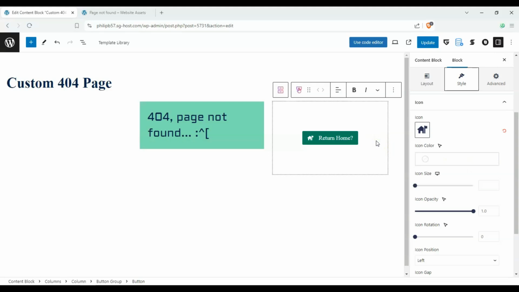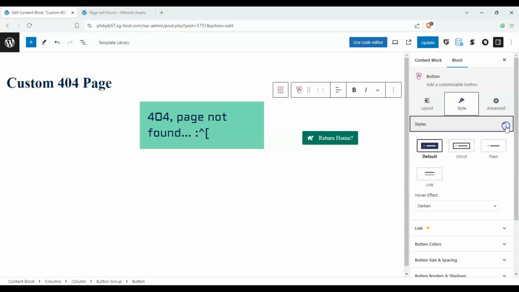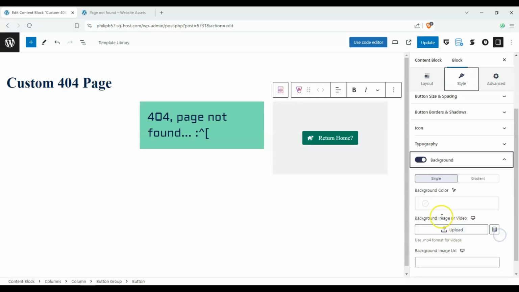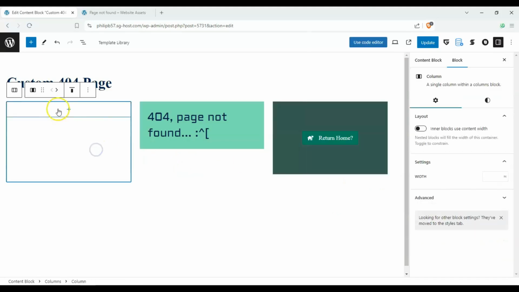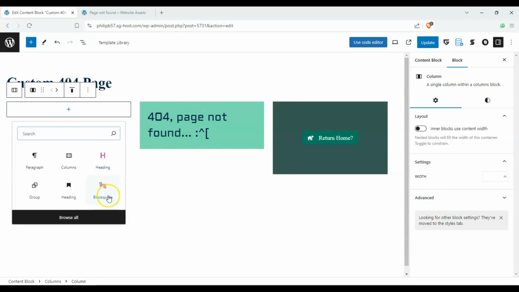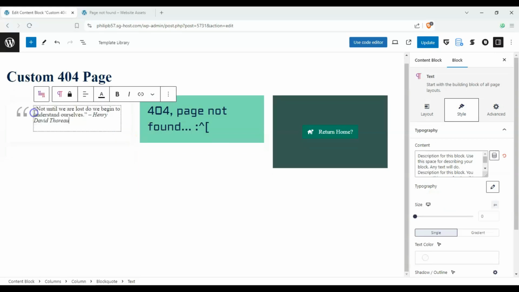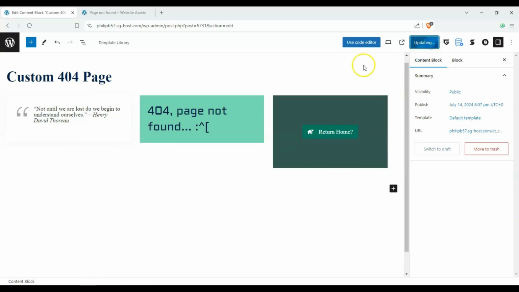And for the background, we can probably enable it and then choose a bit darker one here. And again, you can add any content you want, so we'll put in a quote here just to spice things up, and we can change the icon. Okay, now we can click on Update,